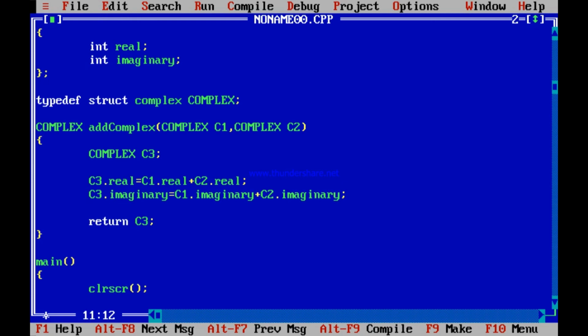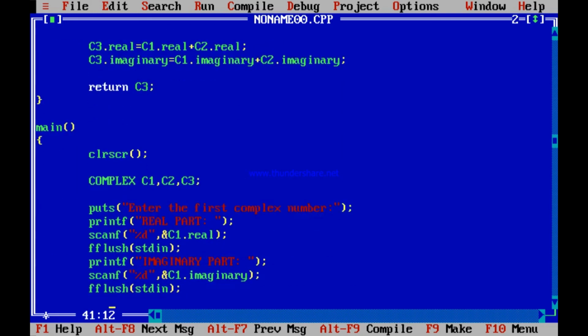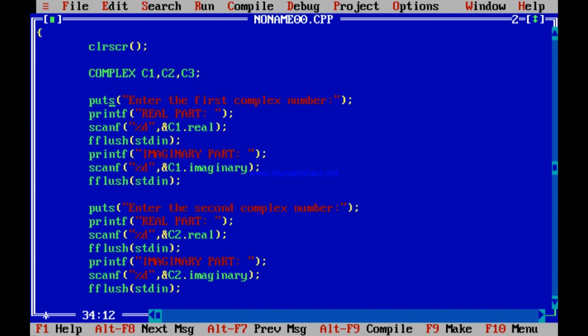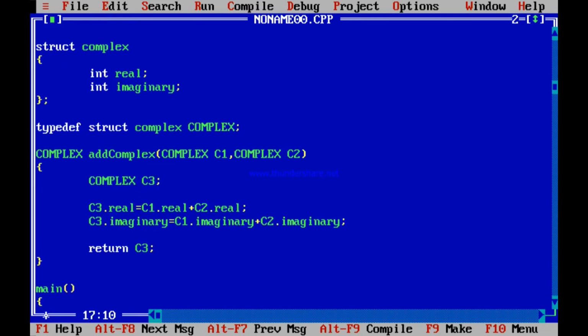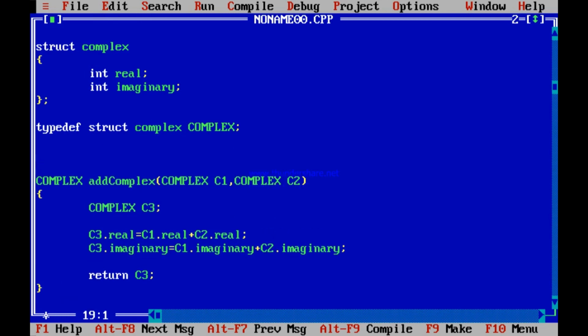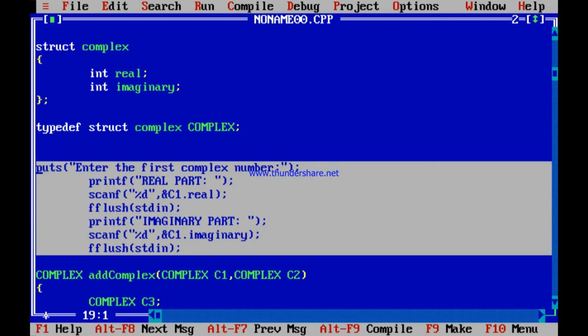So one more thing over here I want to tell you. See, this receiving you had to do twice. It would have been better if this also could have been a function. I could have called that function twice. I could have done it so easily. See, I copy this and make this another function. Just I paste this over here. I will make it another function.